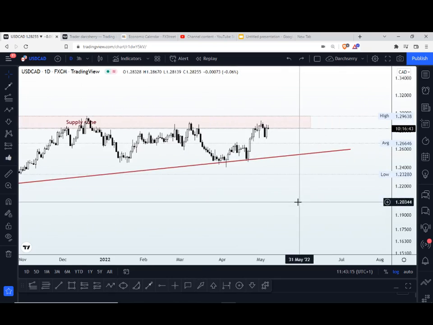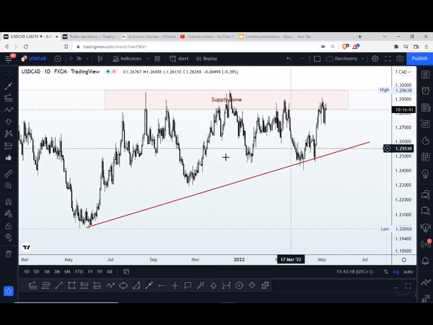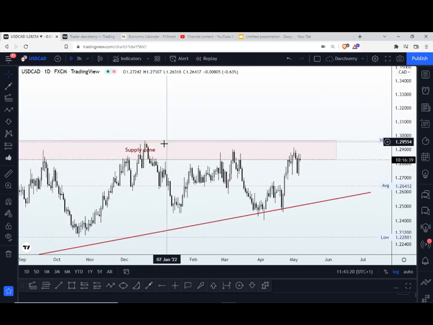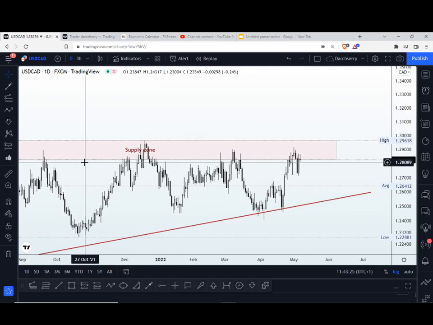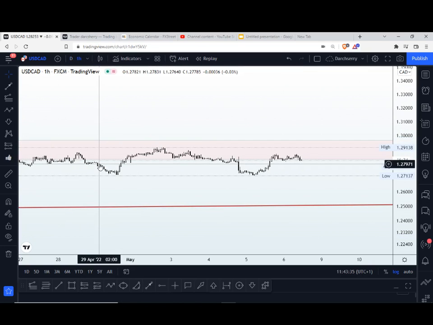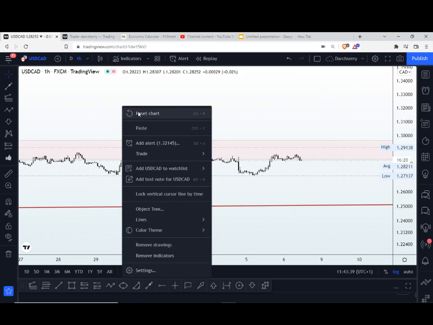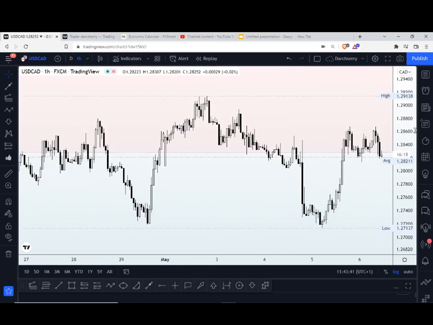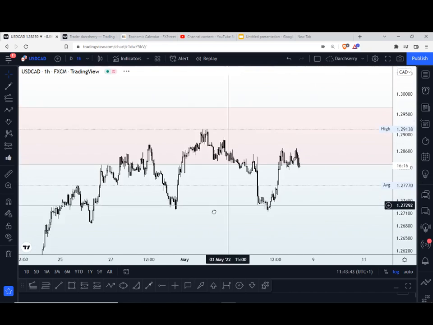So considering what has happened in the past, that as soon as price comes into this zone, we continue to see rejection of that area, sending price to the downside. Definitely with this information in hand, we want to be looking for selling opportunities at this point. So if we scale down to a much lower time frame, let's say the 1 hour time frame, for instance, and zoom in closely to see what structures we're having,